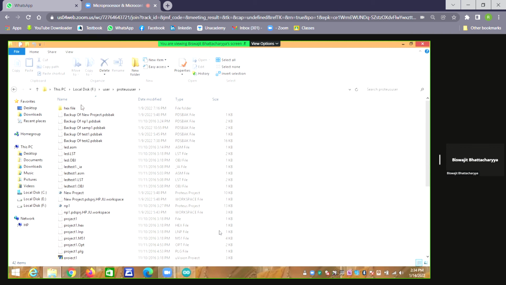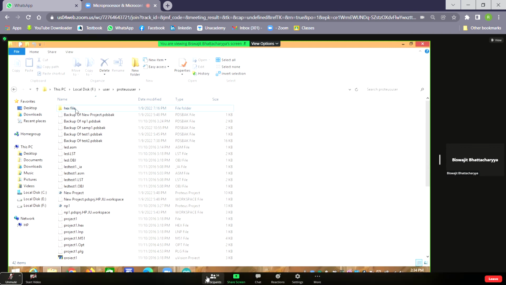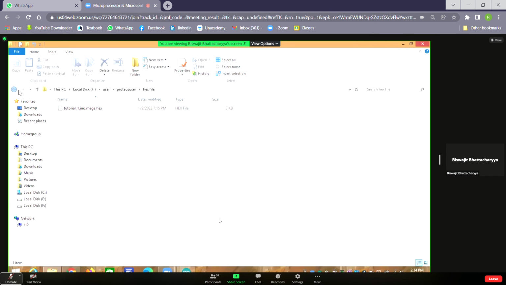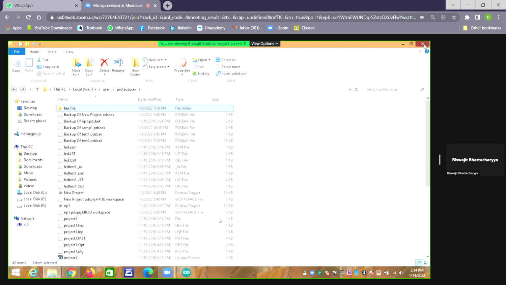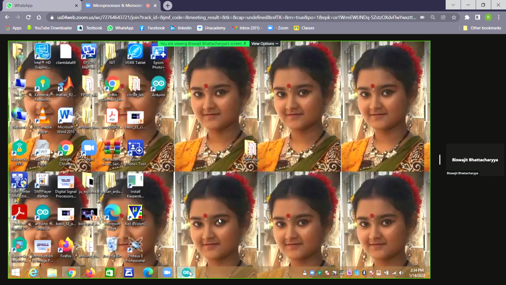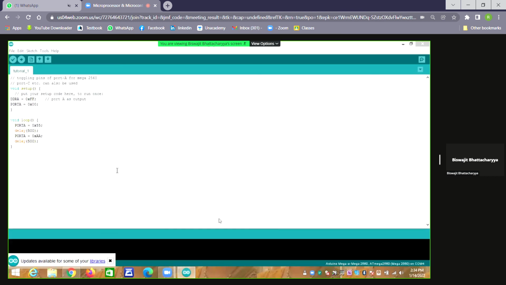Okay, let's start. So I just copy the hex file within that particular folder. I'll show you, no problem. Now first I close it. Now I open the Arduino IDE. Some program is written where you see port A is configured within the setup as an output port.